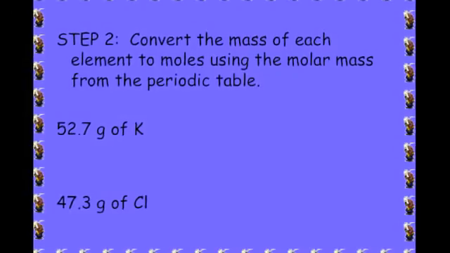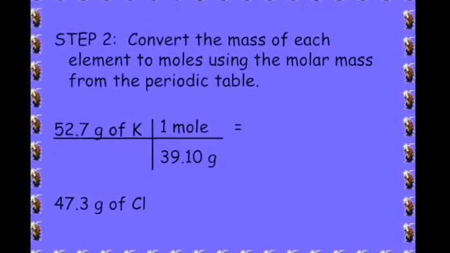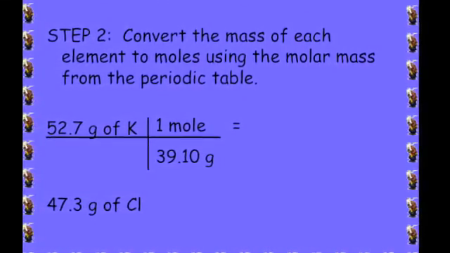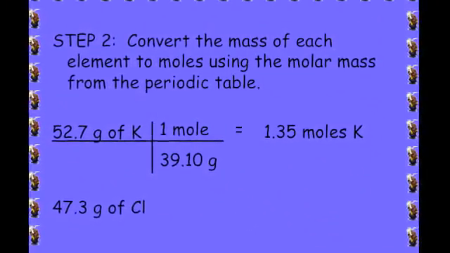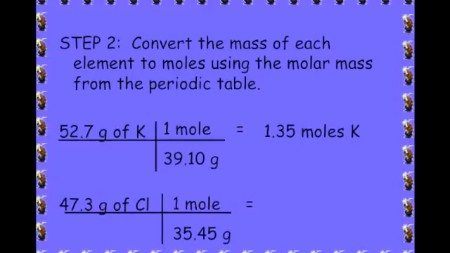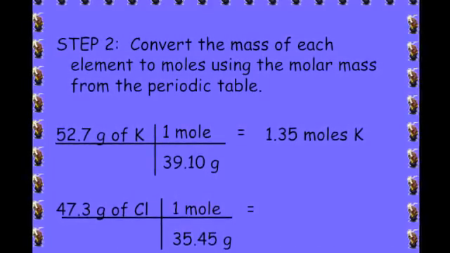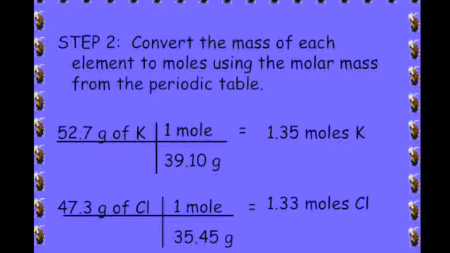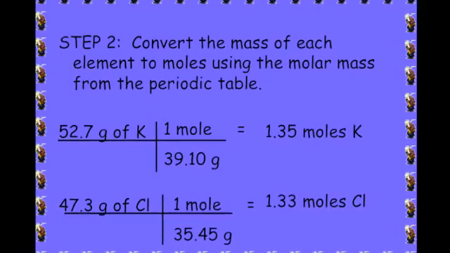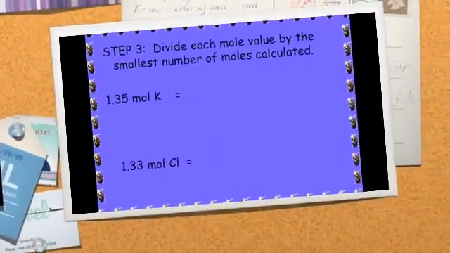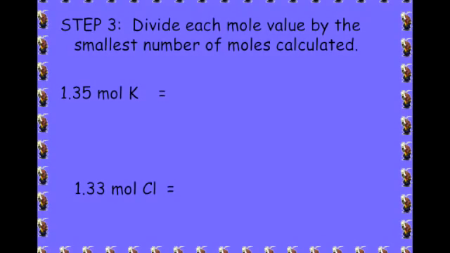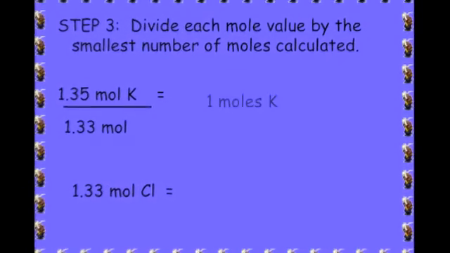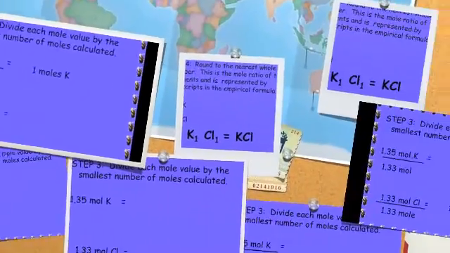Divide the 52.7 by the molar mass of potassium, which is 39.1, and you get 1.35 moles of potassium. And then you take the 47.3 grams of chlorine and divide it by 35.45 grams, and you get 1.33 moles of chlorine. So that's a 1.35 to 1.33 mole ratio. If you divide both of those by the same number, by the 1.33, you end up with KCl for your